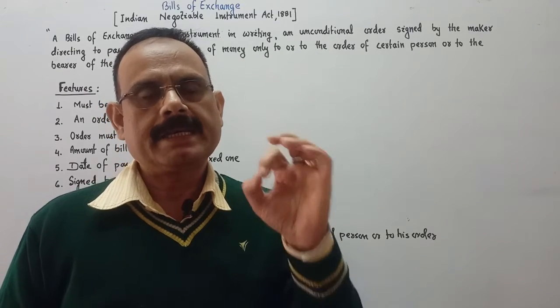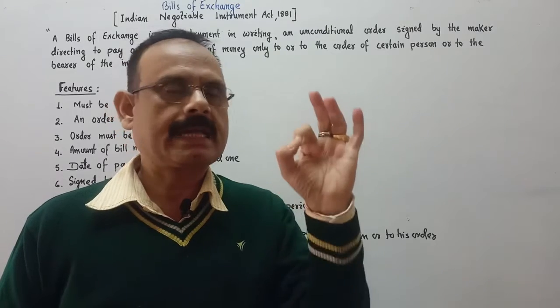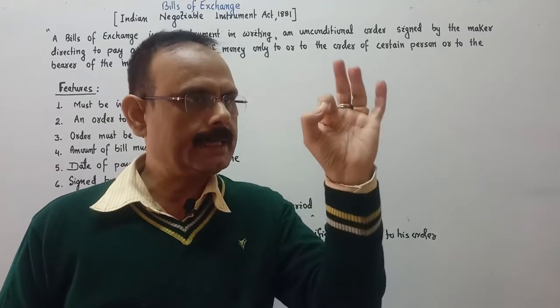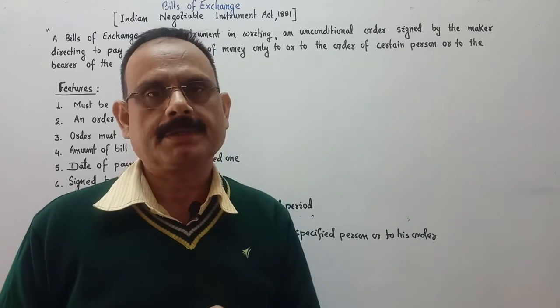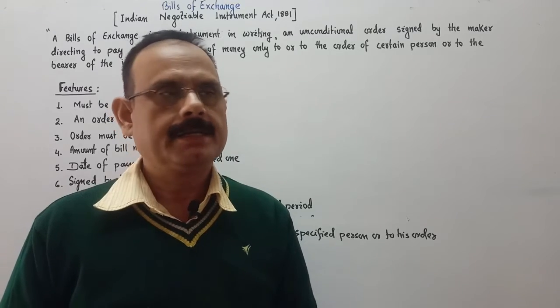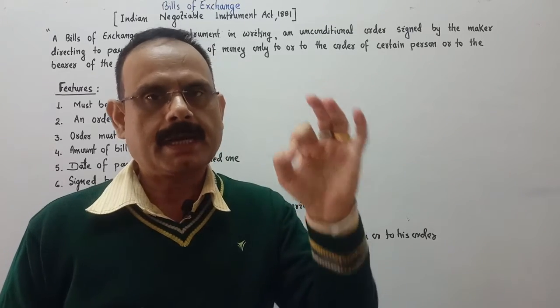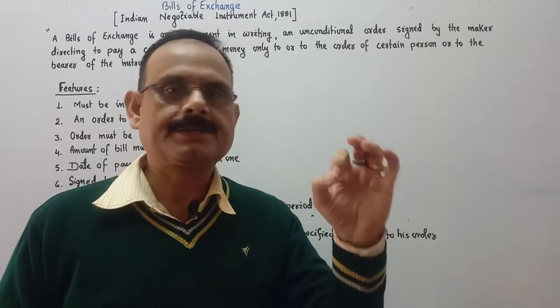So the seller draws a bill on a stamp paper or on a plain paper and affixes the revenue stamp, and all the terms and conditions regarding the credit sale are mentioned on that paper, that the purchaser will pay